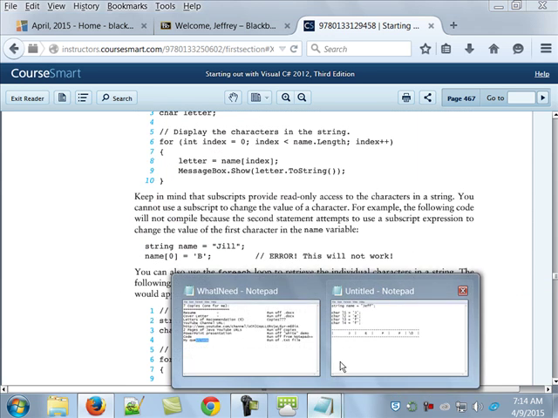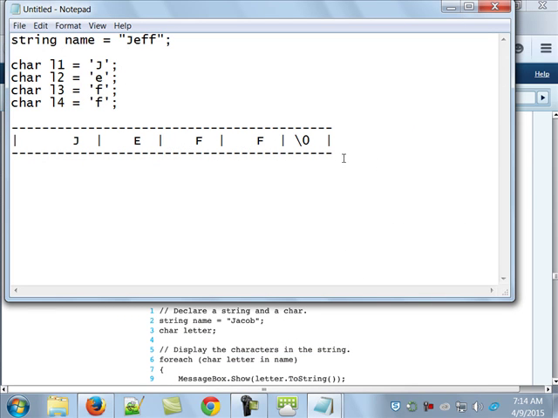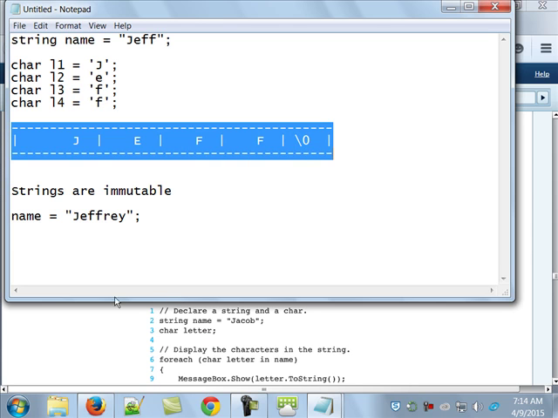When you set up a thing like this, strings are what's known as immutable. All right, what does that mean? That means that if later on in my program, where I've got this string name equals Jeff, I decide I want to be more formal and say name equals Jeffrey, it's not like the system finds where this is in memory and adds an REY onto it. No. It basically marks this as now unused memory, and it recreates this someplace else in memory,